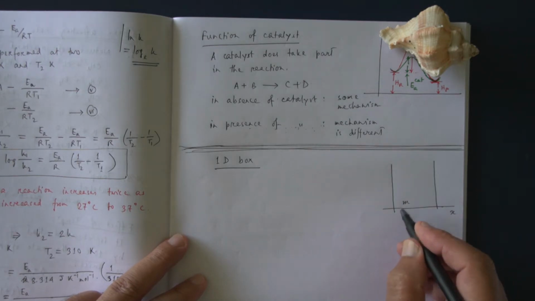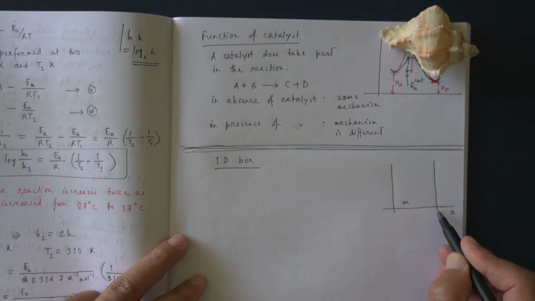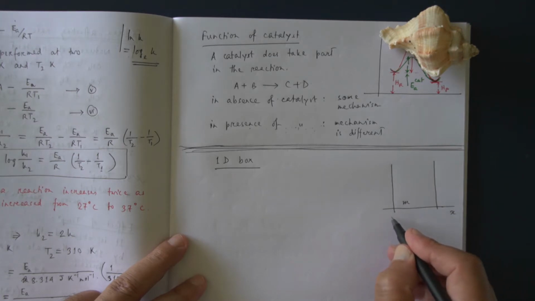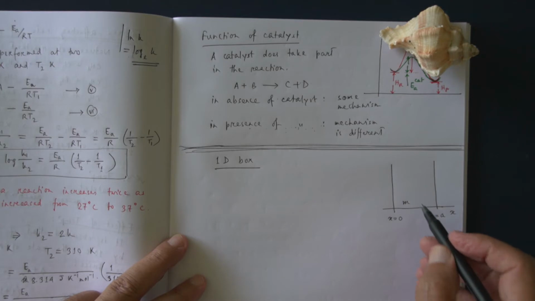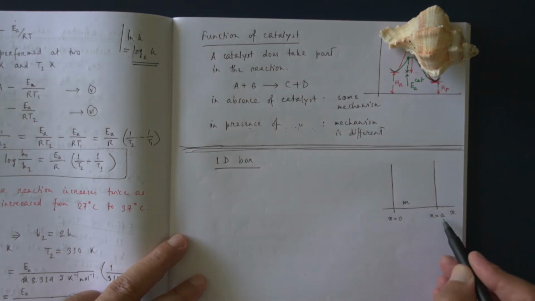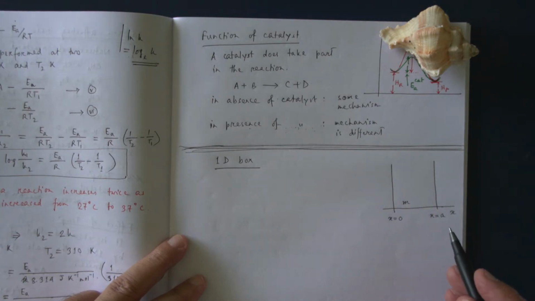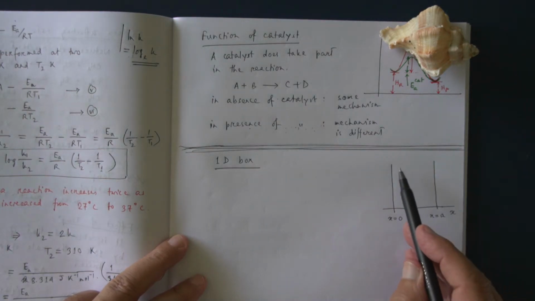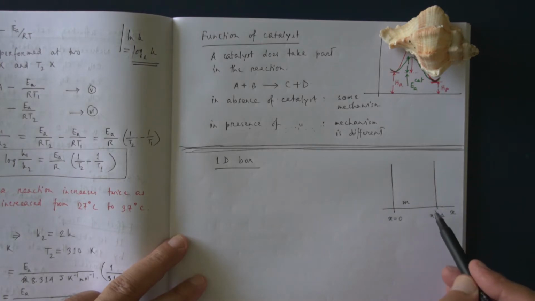The particle is confined between two potential walls. One potential wall is at x equal to 0. The other potential wall is at x equal to a. So the length of the box is a. Okay, so we have seen this. Now when we take the box like this,